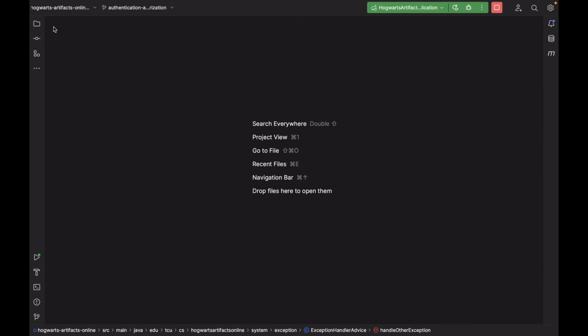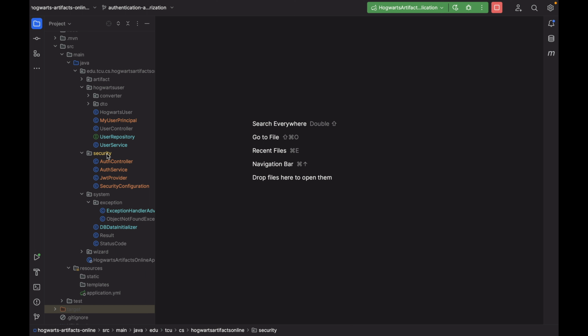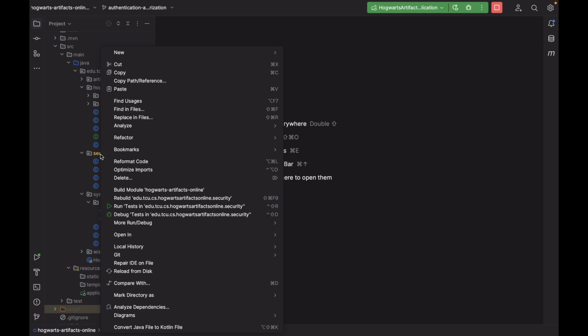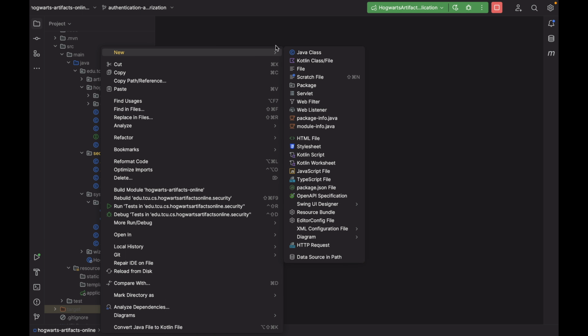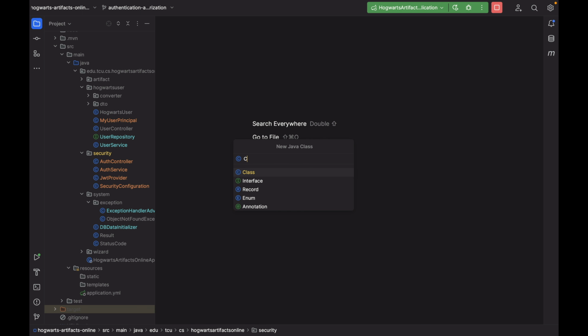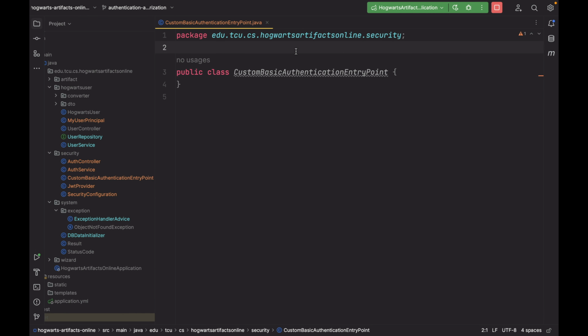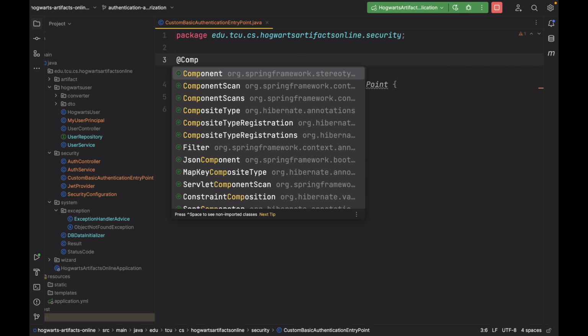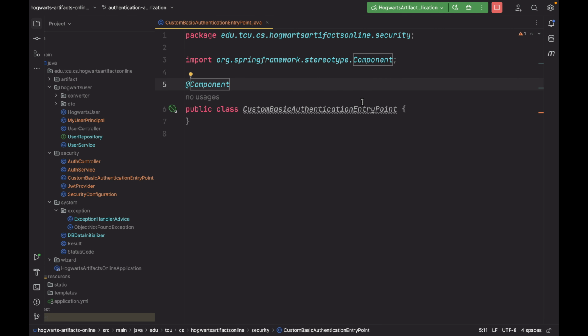I'm going to close this and go to the security package. First, let me create a custom authentication entry point for our HTTP basic authentication. Right-click, new class, and let's call it CustomBasicAuthenticationEntryPoint. And let's annotate this class as @Component. And then we're going to have this class implement